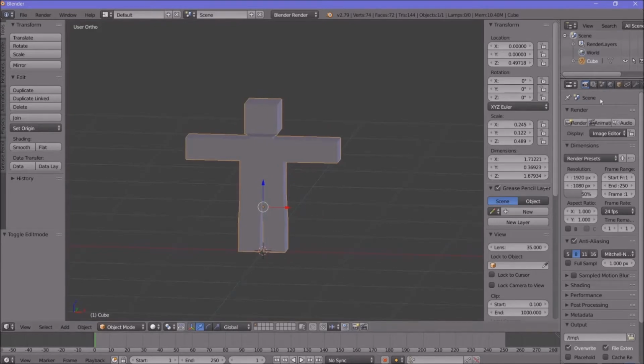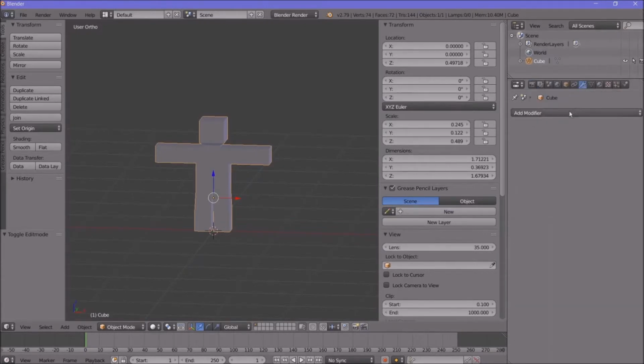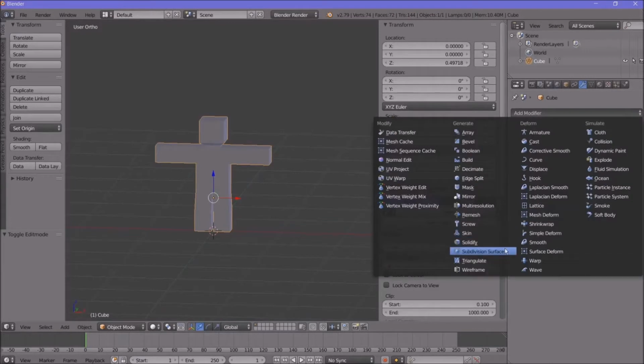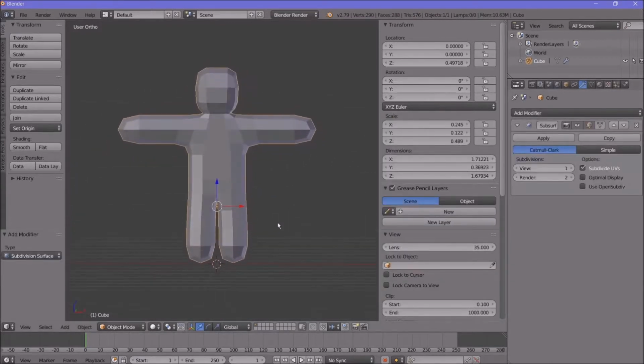So modifiers in Blender are tools which you can apply to the whole mesh. You need to be in object mode to do that. This is the modifier tab here. Modifiers, add modifier, subdivision surface, bang. And right out of the box we have something that's much more palatable. Catmull-Clark is the type by default, and now let's make sure that we have this set to 3, view and render,